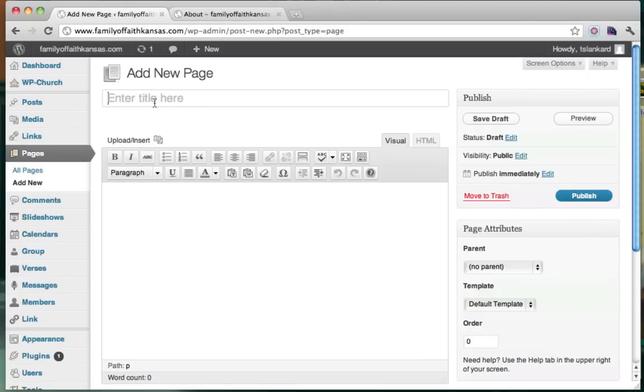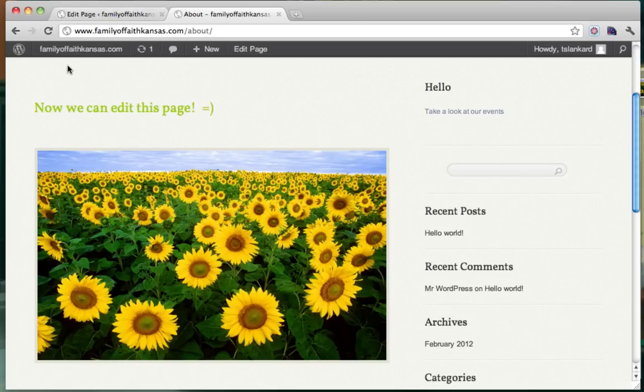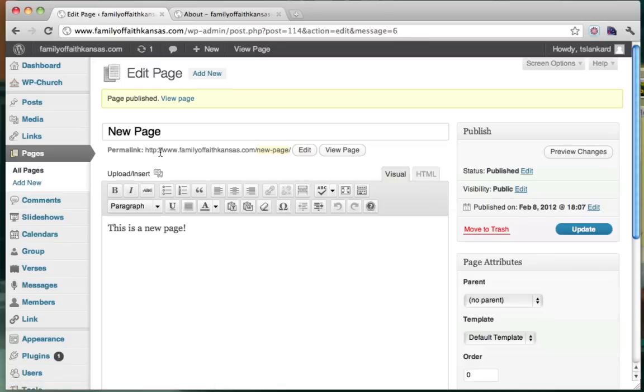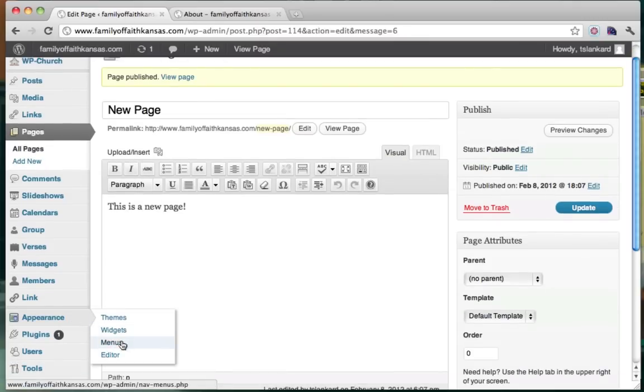And let's say we want a new page, new page. Okay. Not very creative with that, I know, but whatever. This is a new page. Okay. And we click Publish. And we did that, and we refresh this, and we see that our new page isn't anywhere. I don't see it. So what we do is we go under Appearance, we go to Menus,